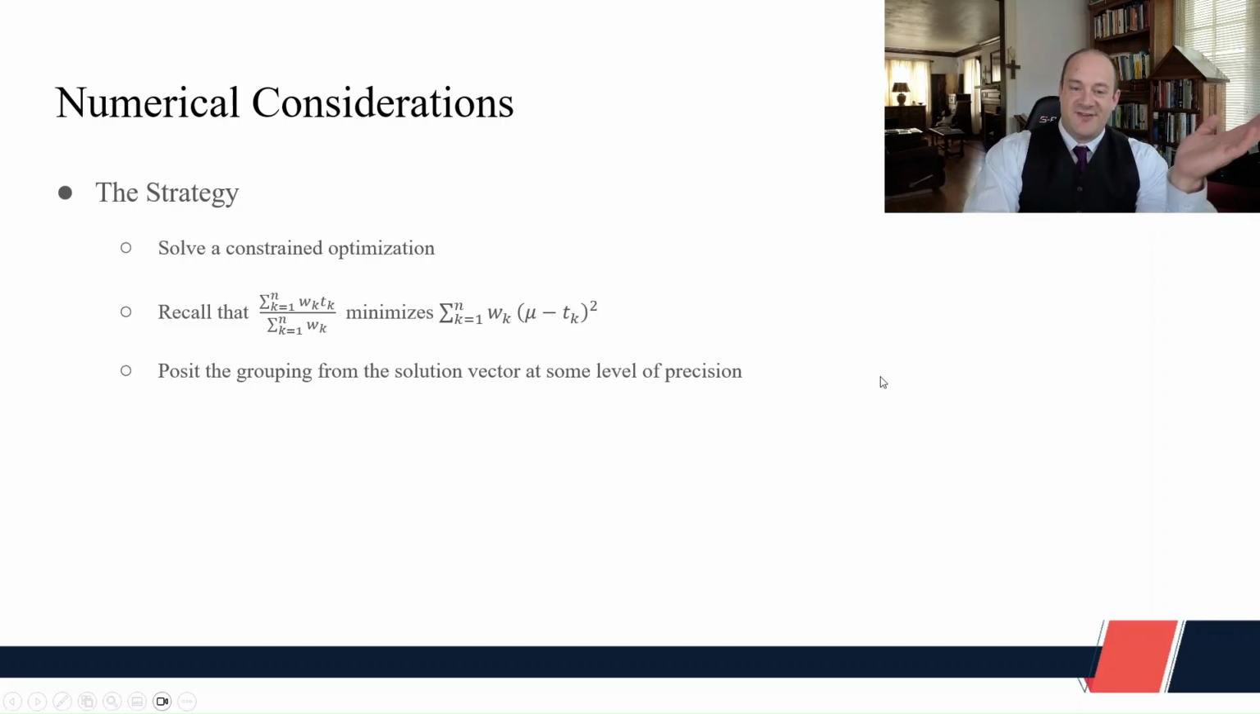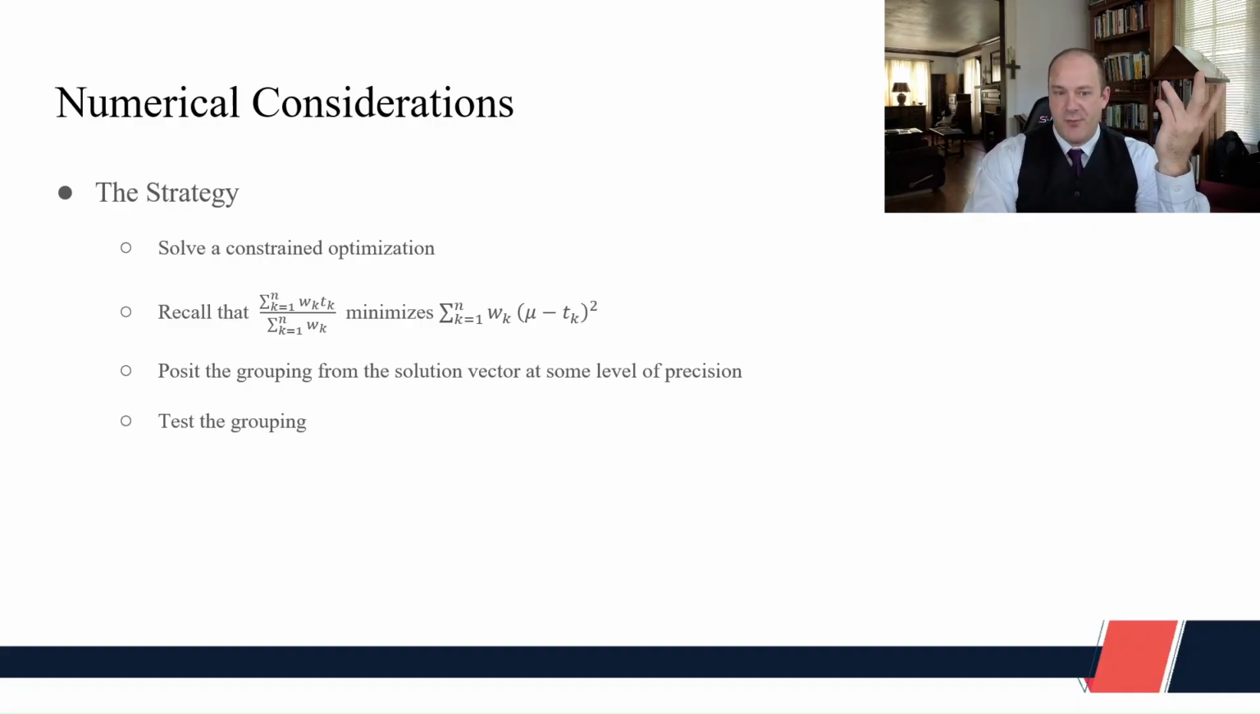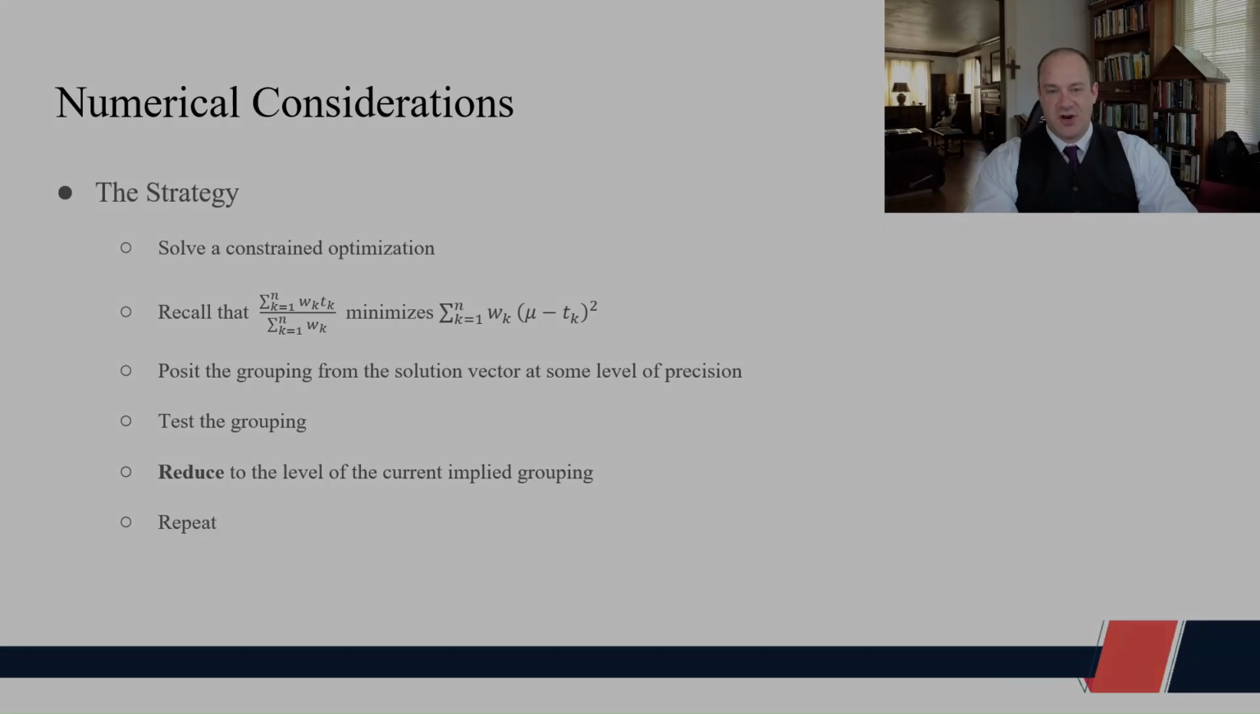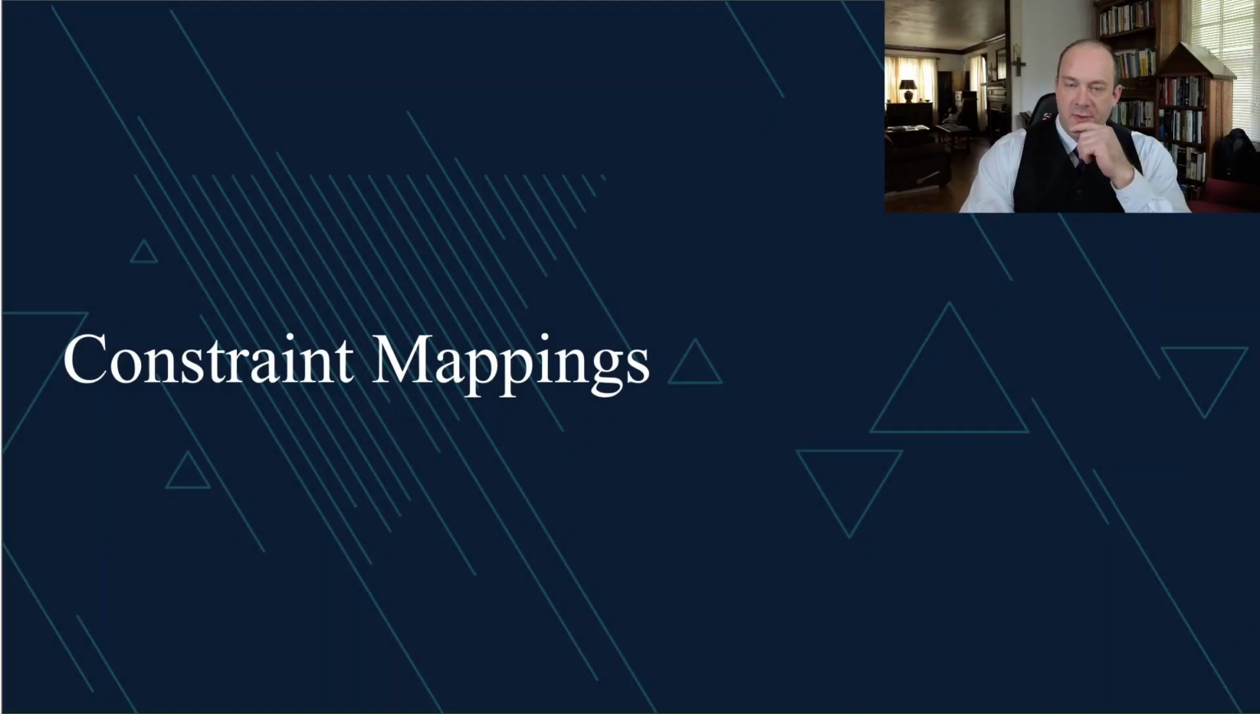And we're going to posit the grouping from the solution vector. We just found out, well, it's great in theory, but it doesn't always work. Nonetheless, that's fine. We'll just test the grouping, and then we will reduce to the level of the current implied grouping, and then we'll just keep doing that until we get a set of things that actually have increasing target. Okay, so now that Excel's off doing its thing,